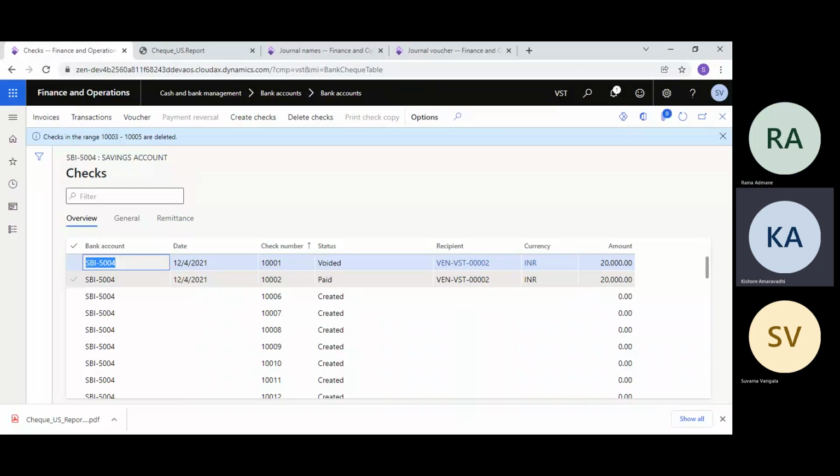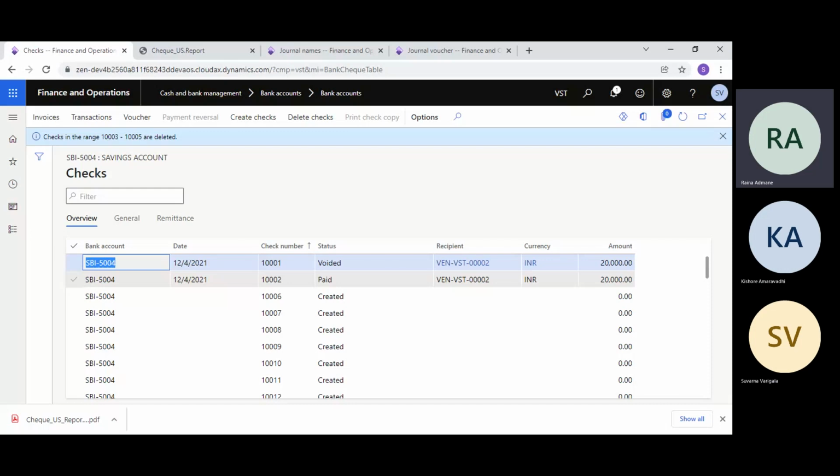Rahul, one more question. Suppose I don't want to post check number 06, so I want to continue with 7. I want to keep 6 on hold. Is there any possibility of that? Then we need to change the method. Instead of fixed, we need to create the free method.